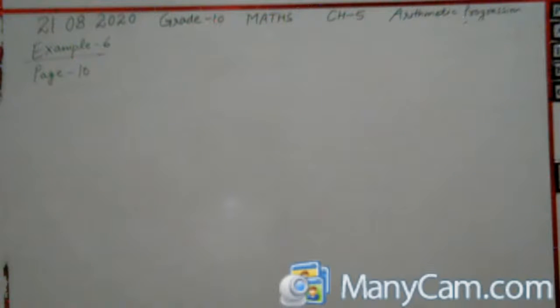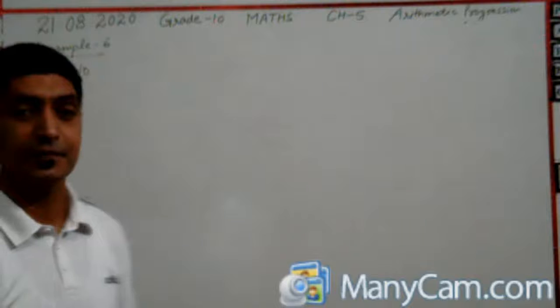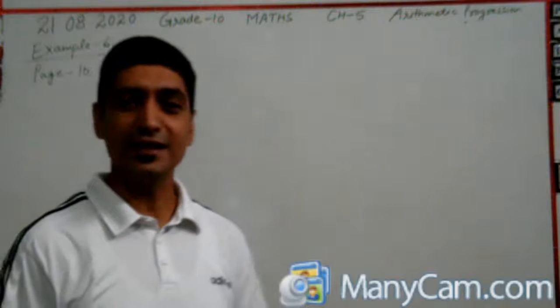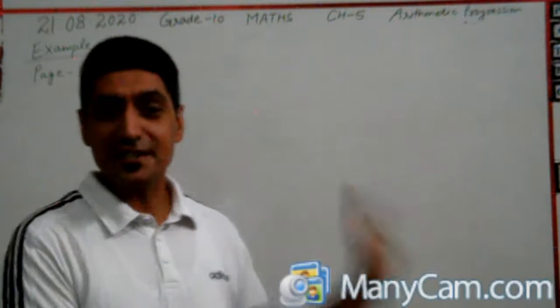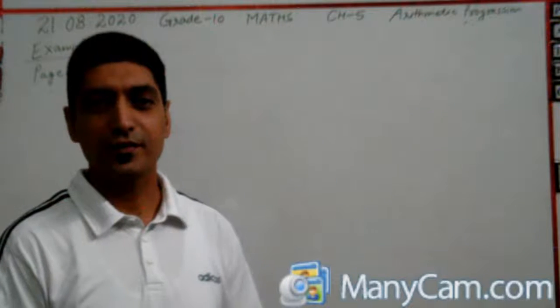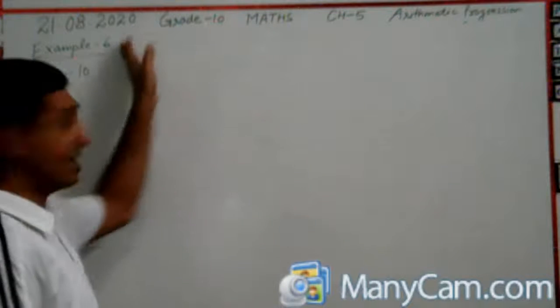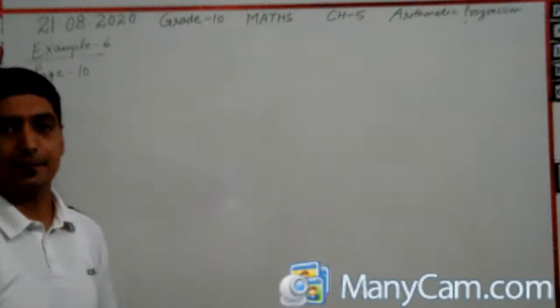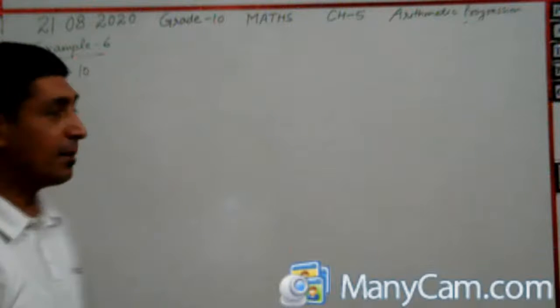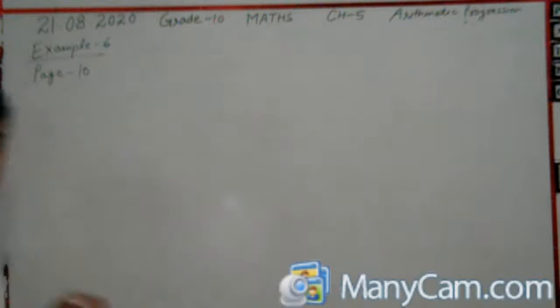Example 7, Jaspreet, good morning. Jaspreet is saying example number 7. Before example number 7, let's discuss example number 6. Thank you, Jaspreet. She wants to explain example number 7. So example number 6 says, check whether 301